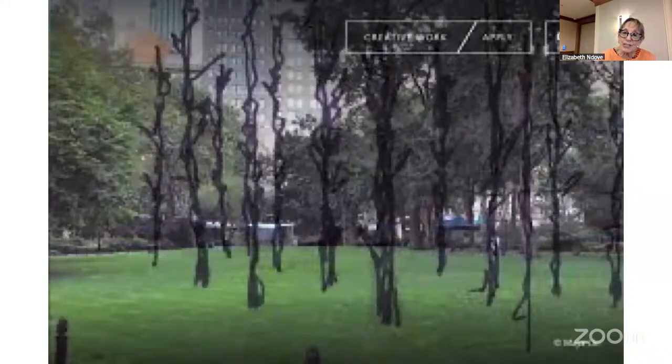This was in New York City. There's, I forget the name of the park. Is it Madison Square Park? The Madison Square Park. Thank you. It's near the MetLife building, which is 14th and, I think it's like Lexington. Well, it's near Union Square. Yeah, I think it's a very tiny park.